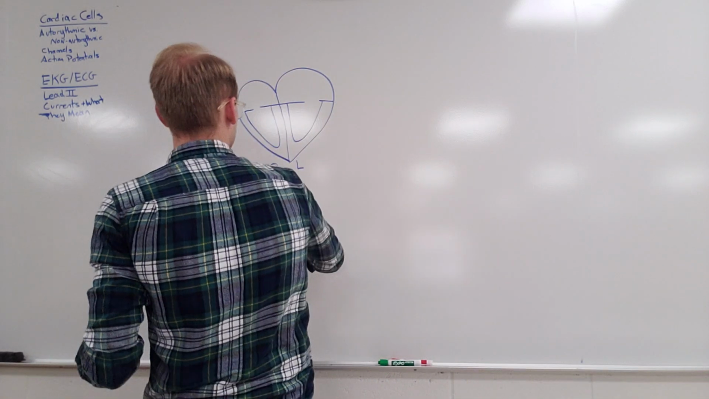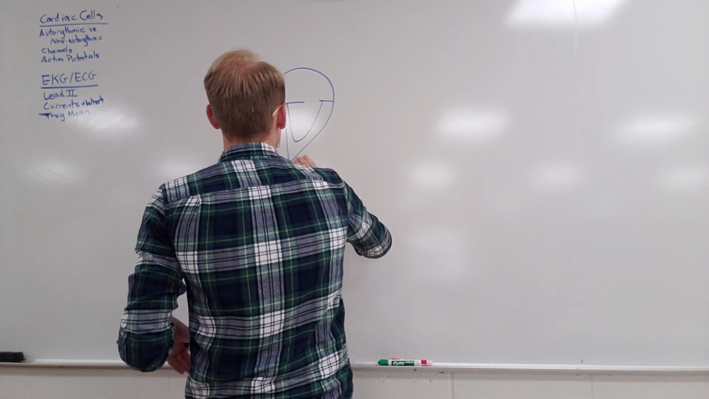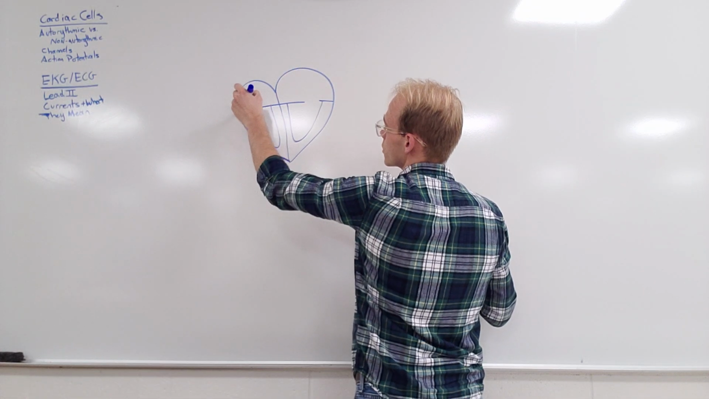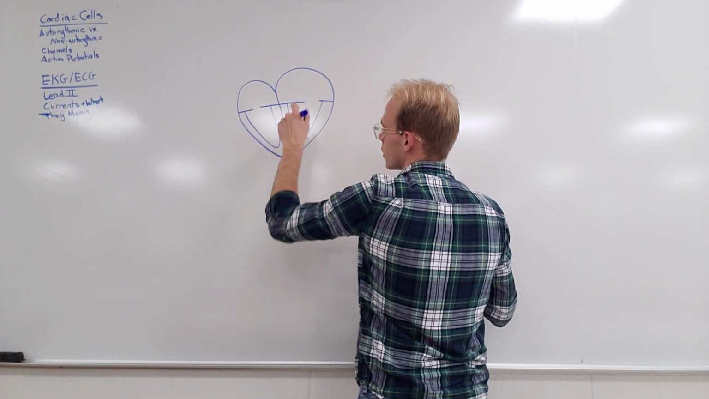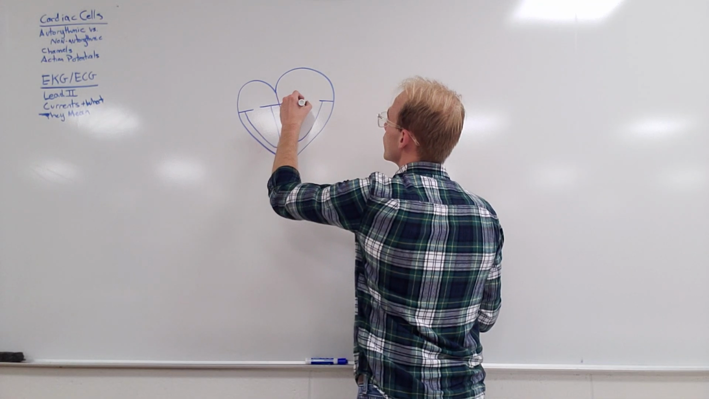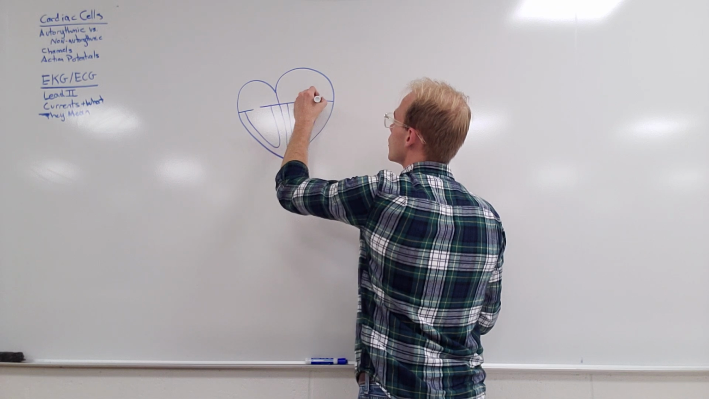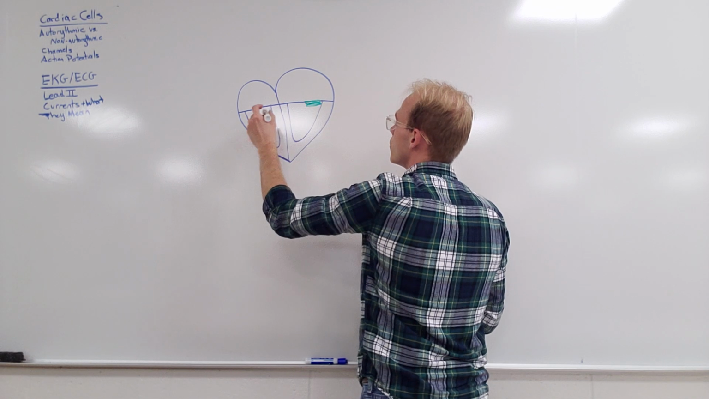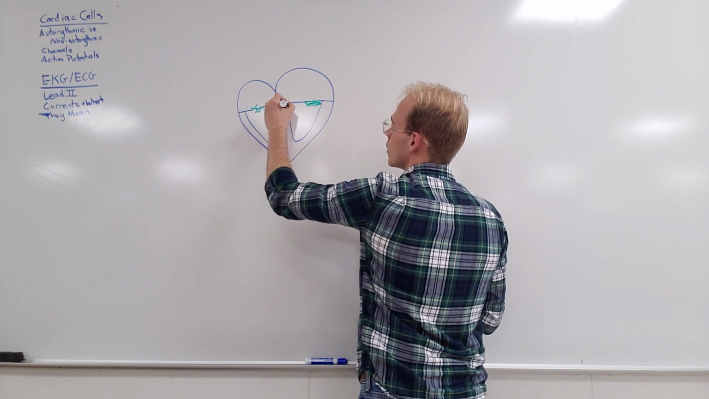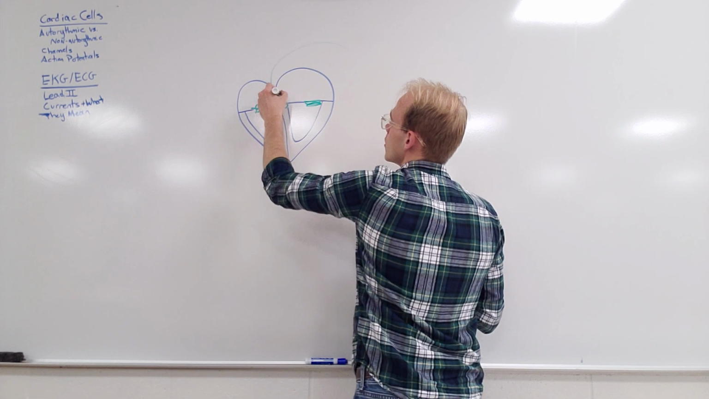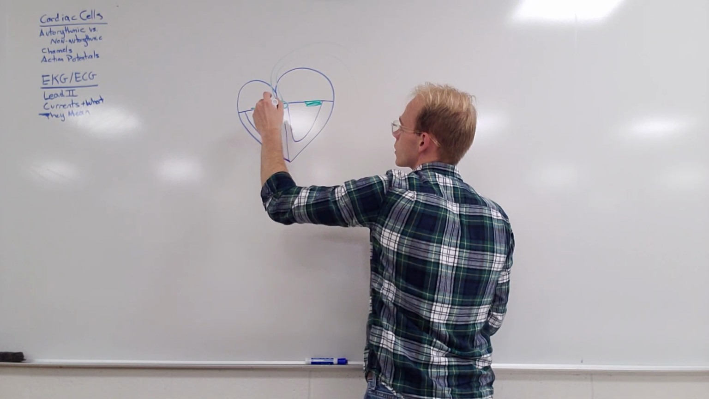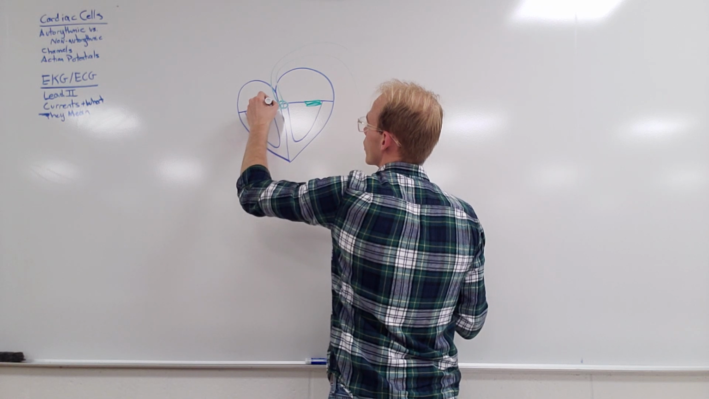Okay, I'm gonna get rid of those. We don't need those anymore. So here we've got left atria, right ventricle, left ventricle. This right here, we've got the bicuspid valve, we've got the tricuspid valve. Here we have the aorta. This is the aortic semilunar valve. Right here we've got the pulmonary trunk,